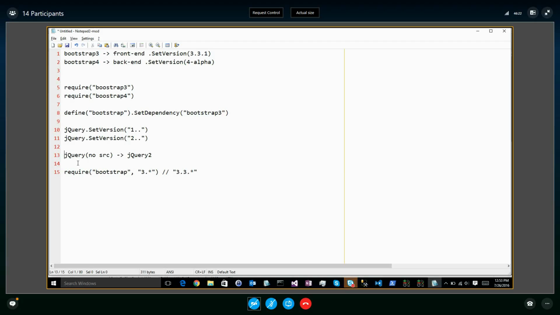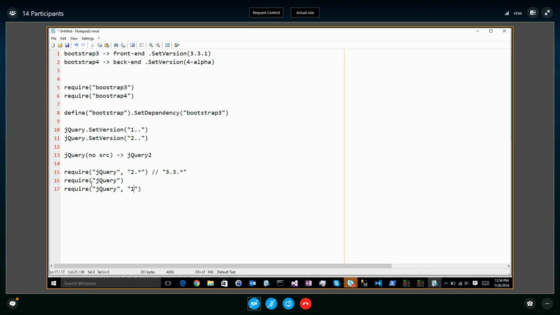The only way to provide a relationship between the two is to use the same name, provide versions, and then require things. So maybe the best solution is this: if you need a specific version, you do require, because if one says require Bootstrap, it doesn't say anything. I'm not sure Bootstrap's the best example, but something like jQuery. So if I say jQuery, and here I say jQuery but 1,